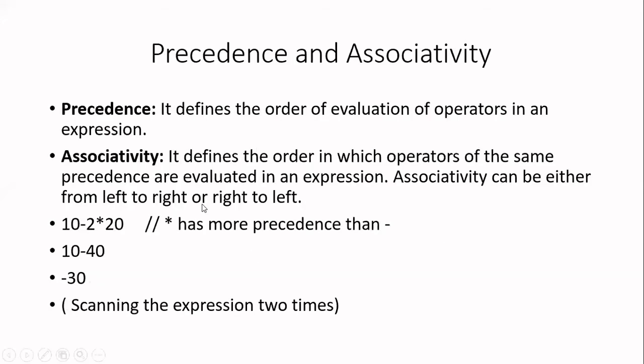Now, what is the second method to resolve the ambiguity? That is by applying precedence and associativity. So you should know what is the difference between precedence and associativity. Precedence is nothing but if you have more than one operator in an expression, you have to evaluate the operators according to the priority or the precedence. Okay, so it is going to tell in which order you are going to evaluate the operators in a particular expression. Always you start from the operator with highest priority, then move on to the next highest priority and so on. Finally, you will evaluate the lowest priority operator in that particular expression.